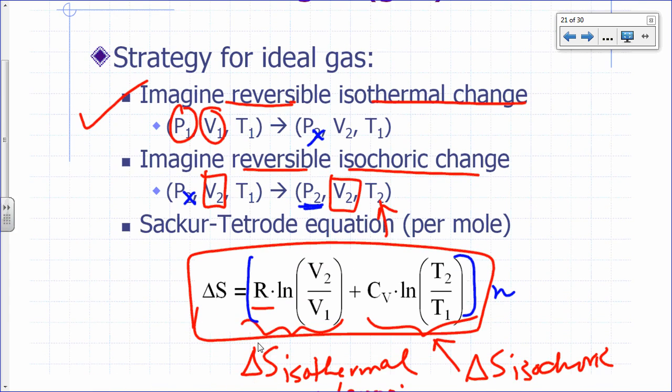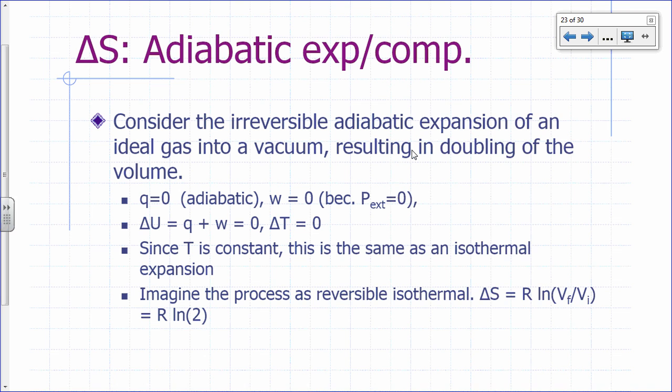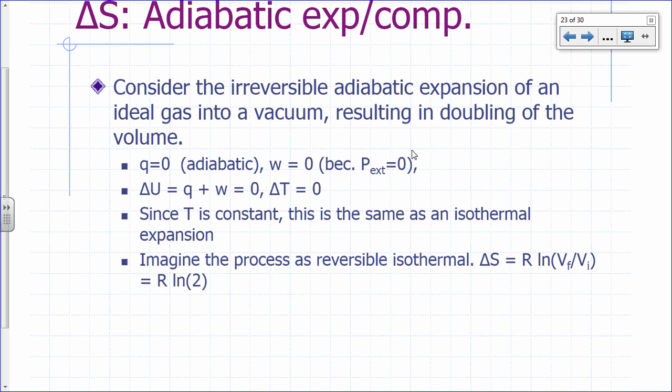That's your formula: R ln V2 over V1 plus CV ln T2 over T1. It doesn't matter if the process was an irreversible adiabatic process. For as long as you've identified where your initial state is and where your final state is, you can use this formula. Okay? So here's an example. Let's say you have an irreversible adiabatic expansion of a gas into a vacuum, resulting